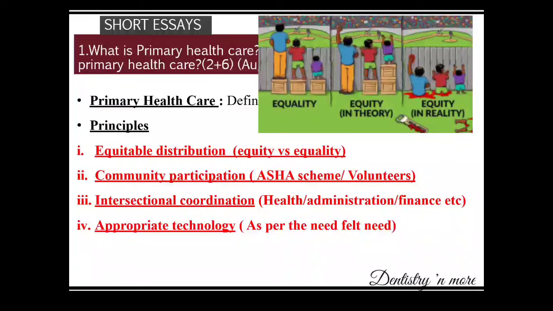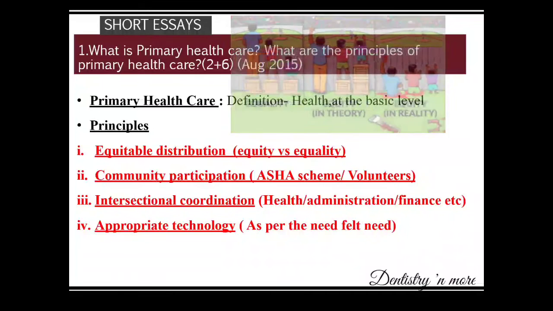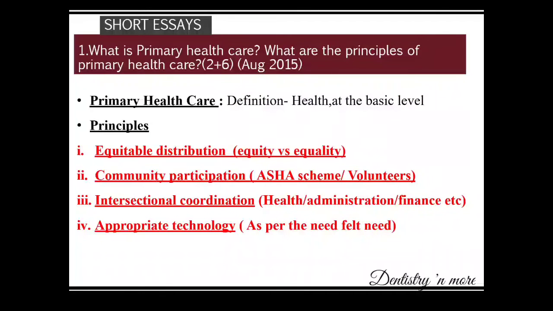So usually in India what we see is equal or somewhat equal distribution. Total population to doctor population ratio is fine, but we know it is not equitable because in urban areas we have a 1:5,000 dentist population ratio, that is well under the WHO norms. But in rural areas it goes up to 1:2.5 lakh. So that is not equitable. So we need to have equitable distribution.